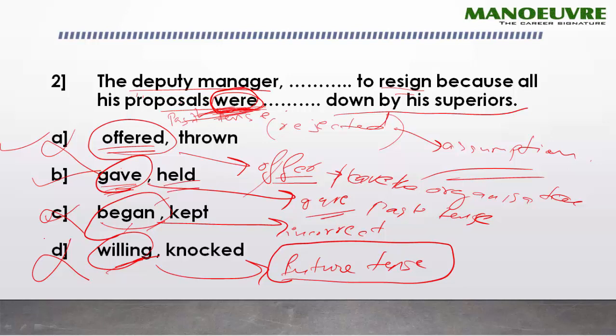So we think and we can assume that since option A, C and D can never be there, let us focus on the two words and refit it and try to read it. The deputy manager began will not be there. The deputy manager willing will never be there. The deputy manager offered, we have ruled out already all the three options. What we are left is the deputy manager gave to resign